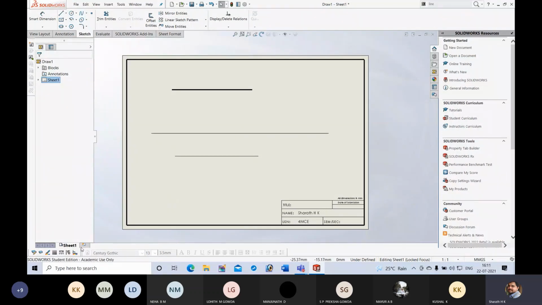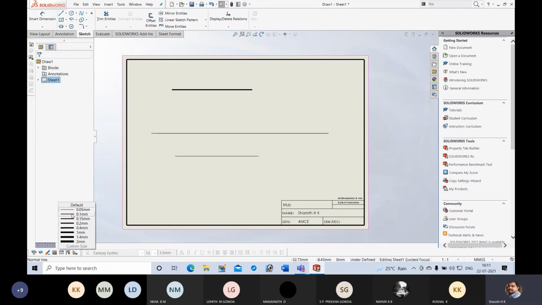If you want to choose any thickness as default, don't select any line. Directly go to this line thickness command. If you click on any of these without selecting any line, that will become the default. If you choose a particular thickness, that will be the default thickness when you start drawing a line.